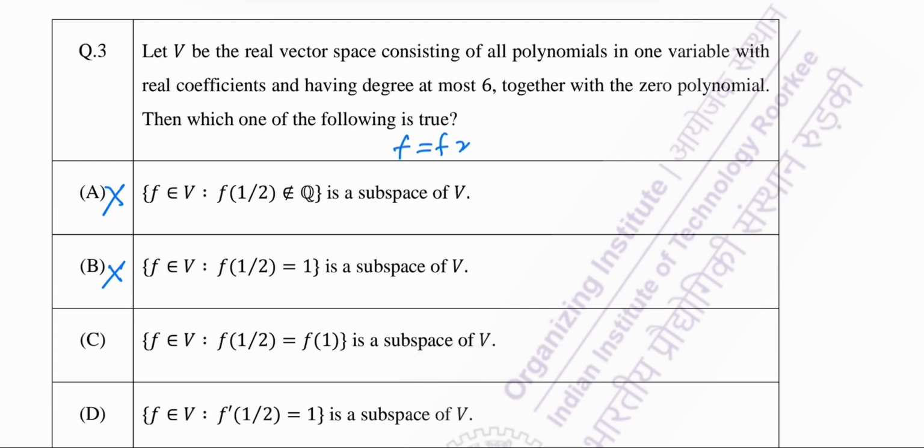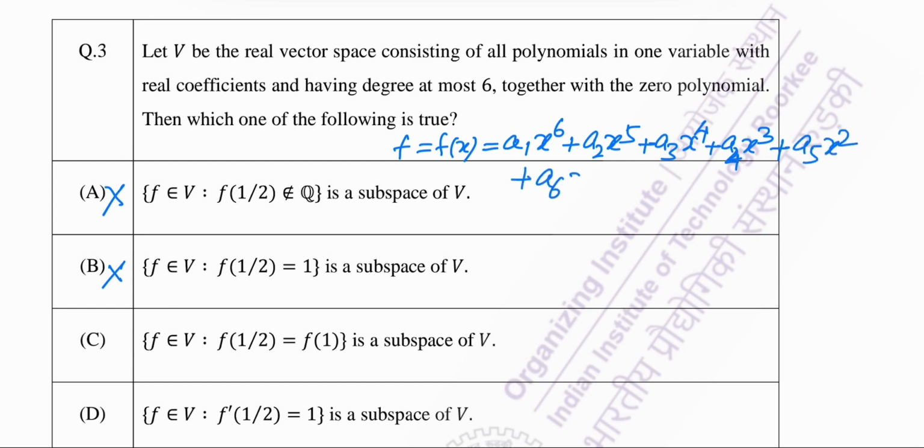F equals F(x) and a1 x to the power 6 plus a2 x to the power 5, a3 x to the power 4, sorry, here will be a4 x to the power 3 plus a5 x to the power 2 plus a6 x plus a7. Okay,